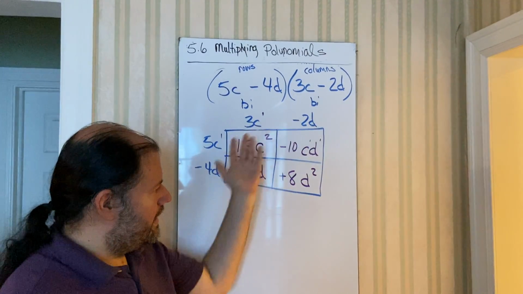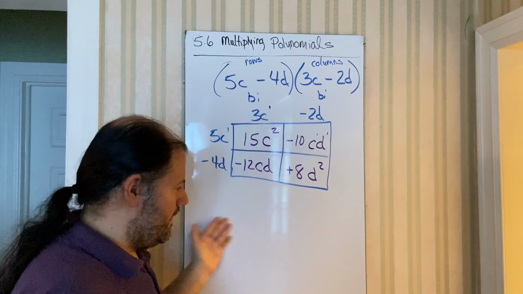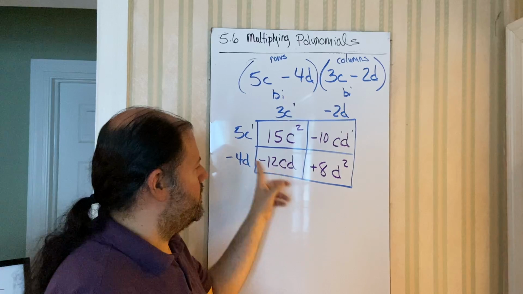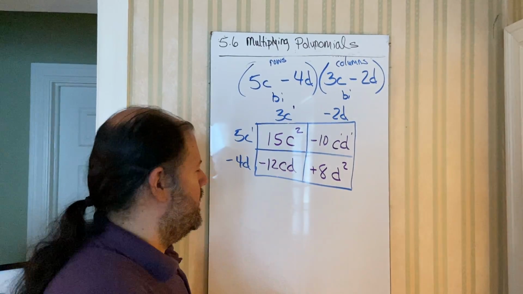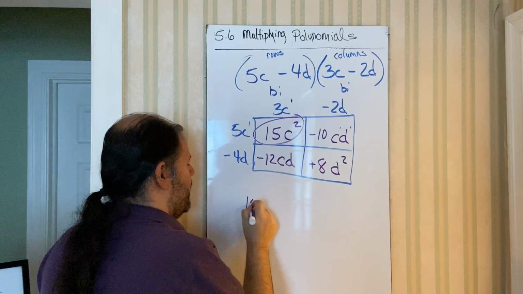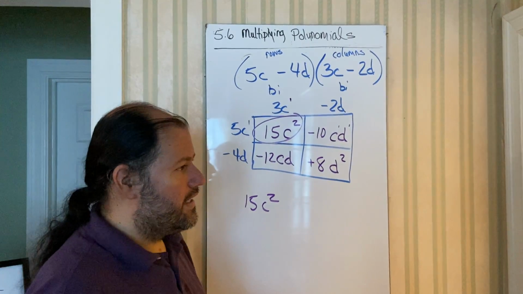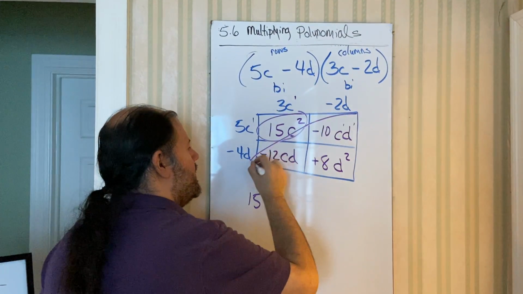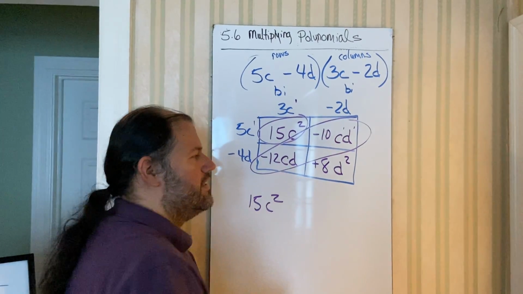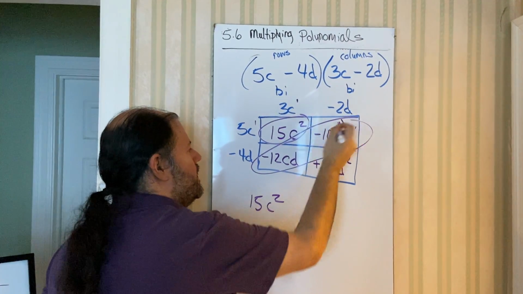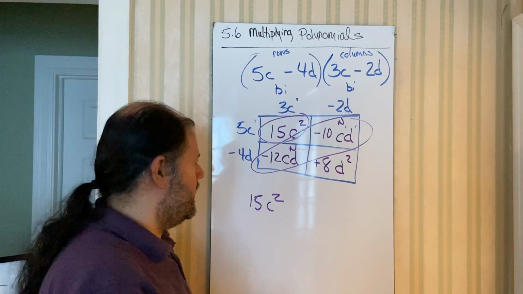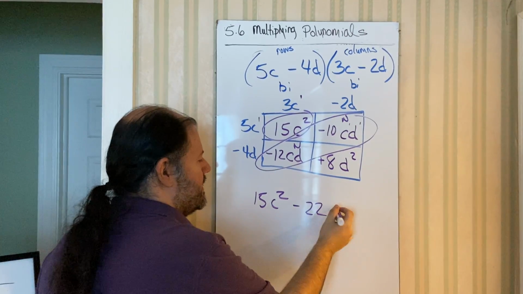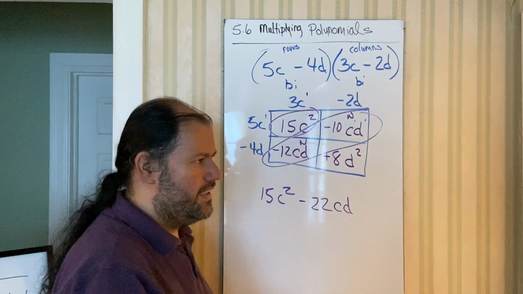Now how do I put this in as my final answer? Alphabetical. So C first. What's your highest degree of C? Right there. So this is the only C squared term. Next, C to the first. So C's, we'll collect those. Notice they line up diagonally each other because CD, they're like terms. This is a negative, this is also a negative, so 2 negatives we add. So we're going to get negative 22, CD, remember when you collect, it stays the same variable part, same label,